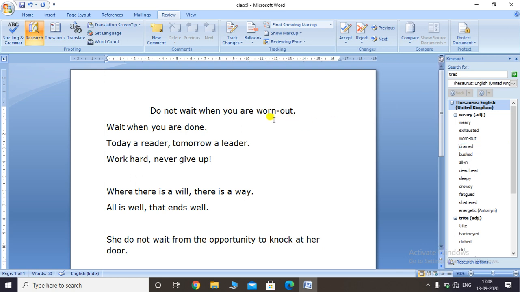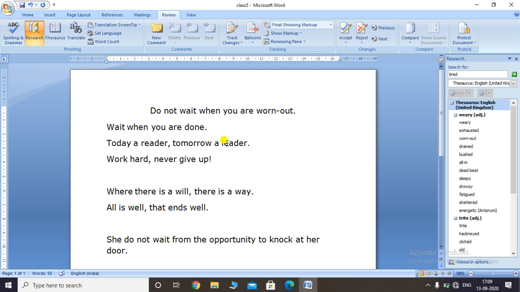So note, the copy option is used when you wish to copy and paste the selected synonyms in the document. So you can either click on copy, or if you want to directly insert the word, you can directly insert it to your document. You can also look for synonyms of a word by right clicking on it and selecting the synonym option in the context menu.